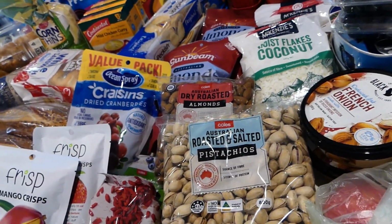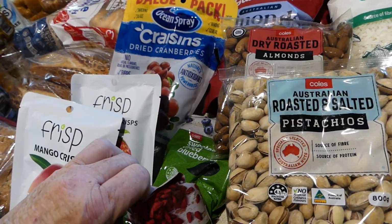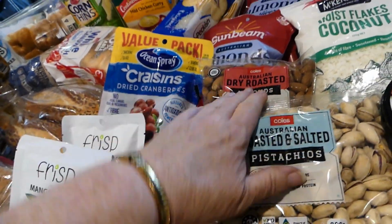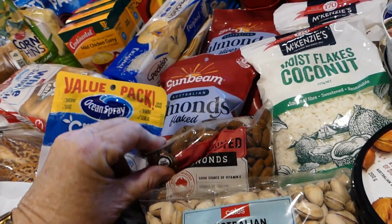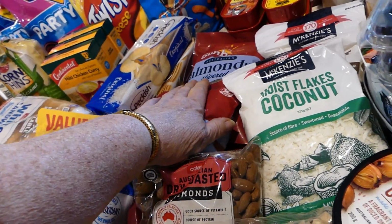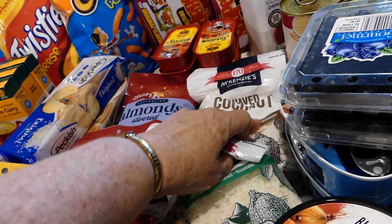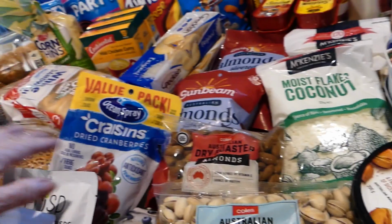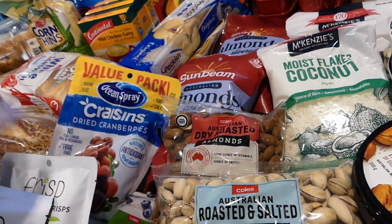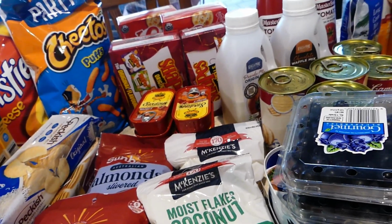Roasted and salted pistachios, goji berries, dried blueberries, almonds, flaked almonds, slivered almonds, coconut flakes, shaved coconut, Craisins. Sardines,